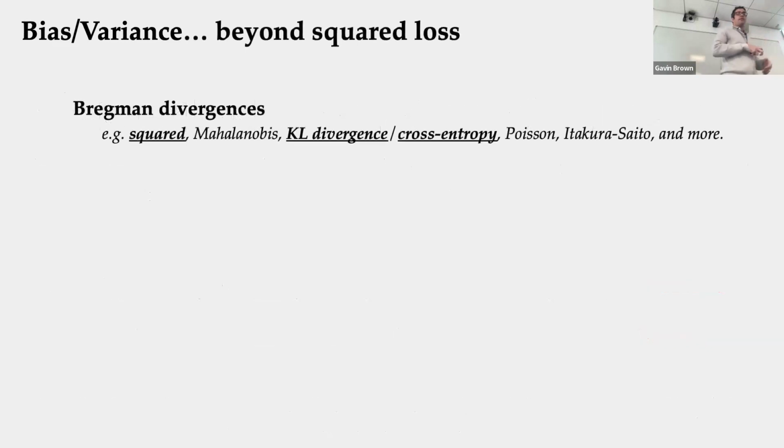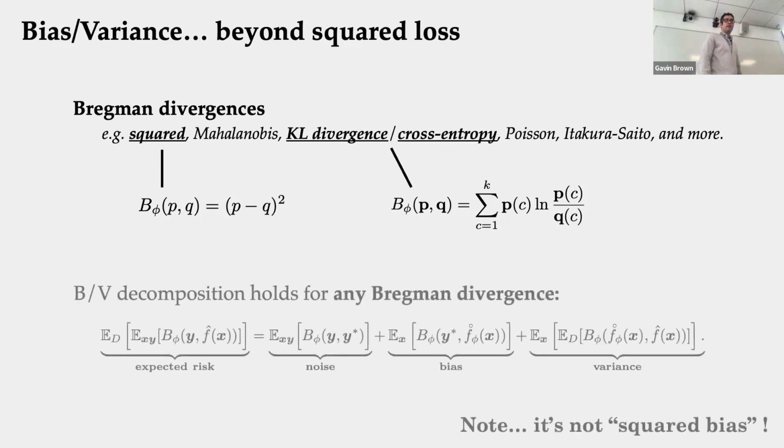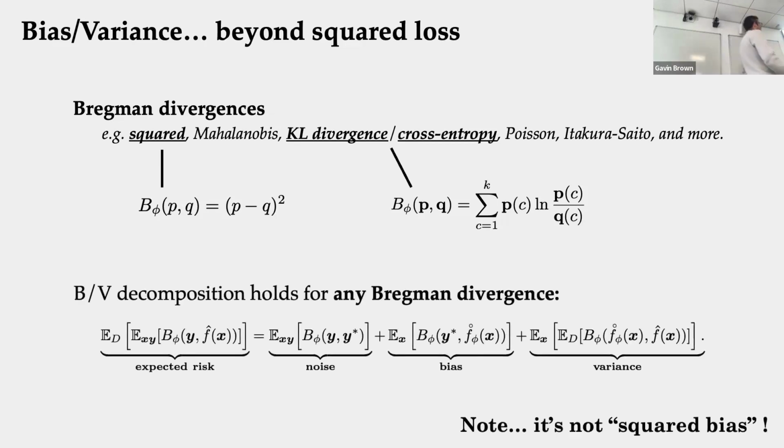I'm not going to go into details, but just to give you a flavor of how broad the implications of the work are, it does hold for lots of different losses. Bregman divergences, squared loss is one of them, and the cross entropy, well, this is the KL divergence, but on a finite data set, that'll be cross entropy. You get a bias variance decomposition for this, and we get a decomposition for any of those losses. So it's a much broader concept than many people realize. I've even seen statements in textbooks saying bias variance only holds for squared loss. That's just not true.